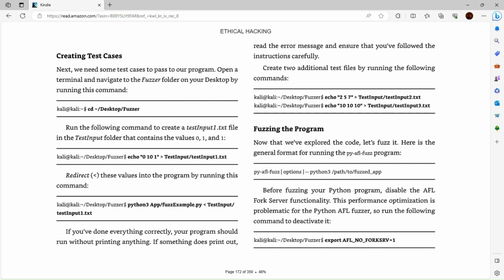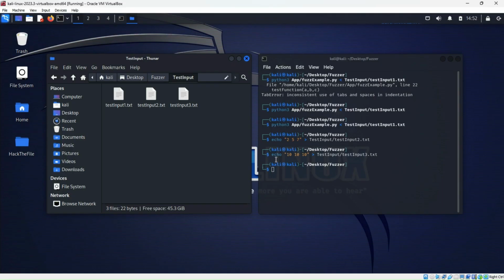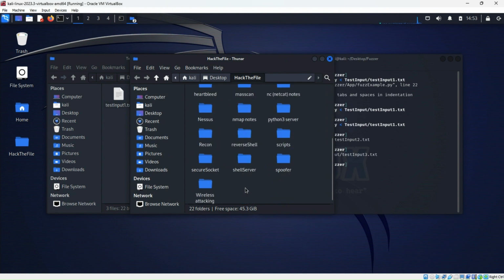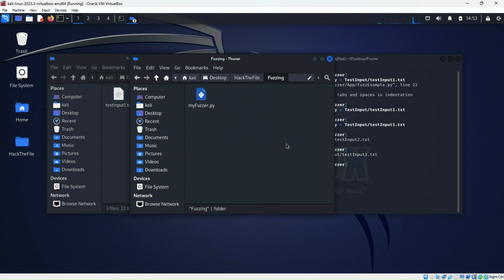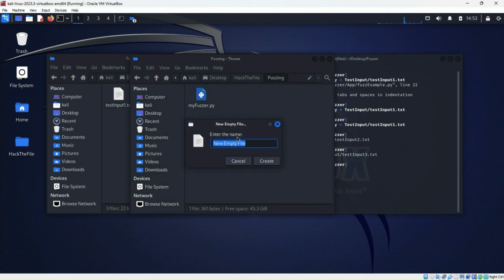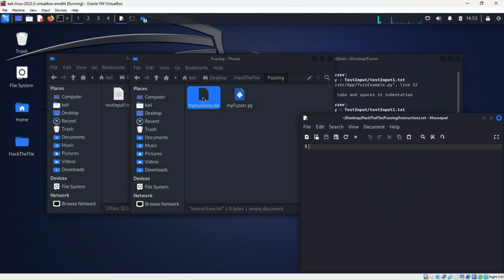So I'm gonna come here and actually I'm gonna take this so I can read it. There's your little test inputs. So we're gonna come here to hack the file. We're gonna come in our fuzzing. Don't get confused by this. This is just for me. Create a document, instructions. Okay, not text. I'm gonna come into my instructions and I'm gonna say,